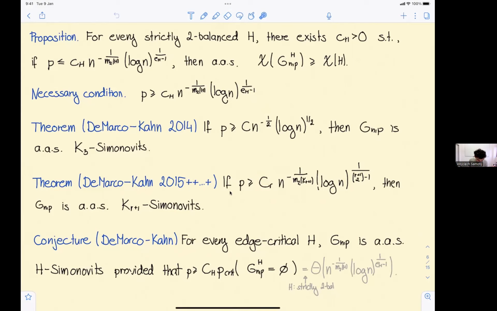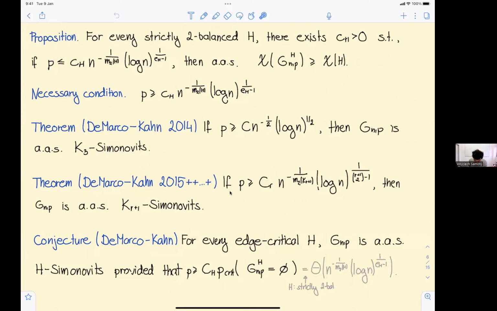DeMarco and Kahn in their paper from 2015 had several conjectures, and one of them, which Ilay and I got interested in, was the following. It asked to generalize their theorem from cliques to arbitrary edge-critical graphs. And what did they suspect for the threshold? They suspect that if every edge of G(n,p) is contained in a copy of H, which in our language says that our graph G(n,p)\H is empty, then